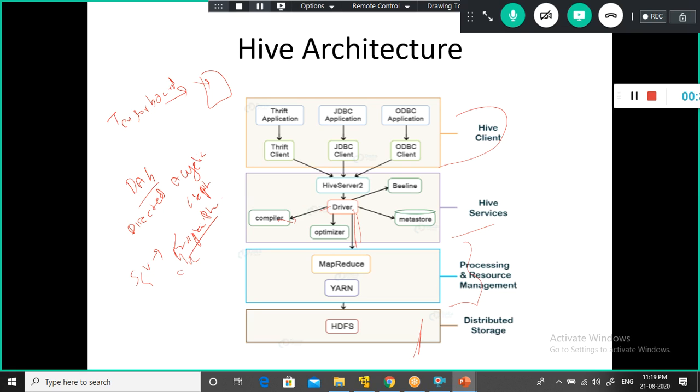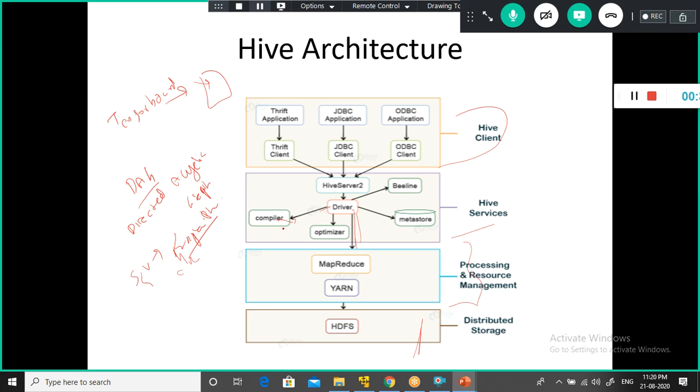To repeat, let's say you are submitting a query from the client, the Hive server. It sends your query to the driver, which is responsible for accepting the query from the client, and then it sends the query to the compiler. The compiler requests the metadata from the metastore.